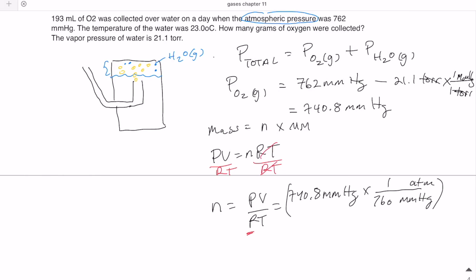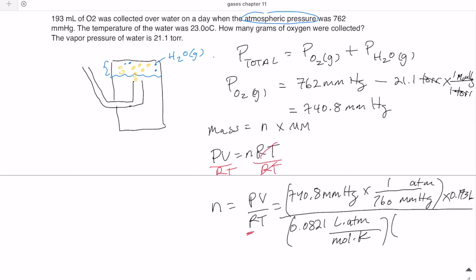So I'm going to convert that to liters. Remember that for R, I have to use liters as my volume unit. And then I'm going to divide that by R, which has that value and those units. And then lastly, temperature. The temperature that was given was 23 degrees Celsius, the temperature of the water, which we assume is going to be the same as the temperature of the gas. So 23 plus 273 because it has to be in Kelvin. And this ends up giving us